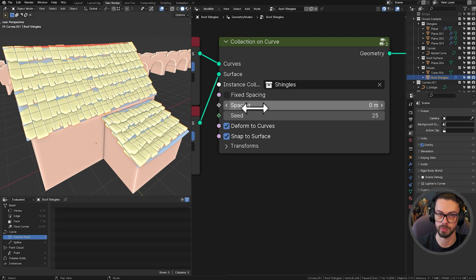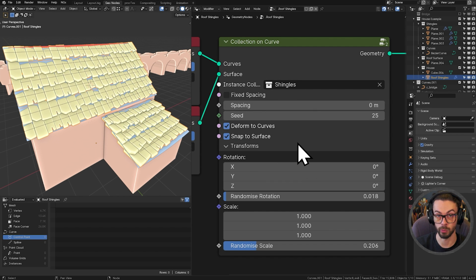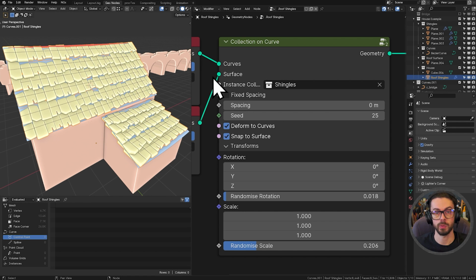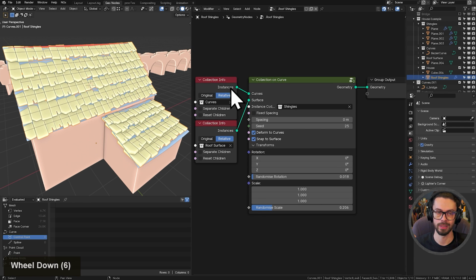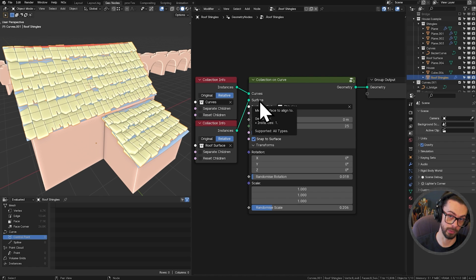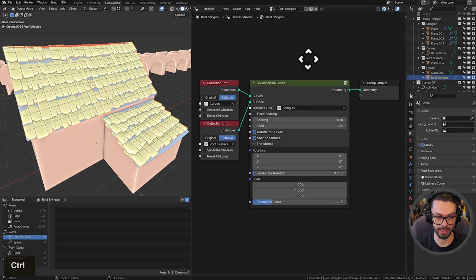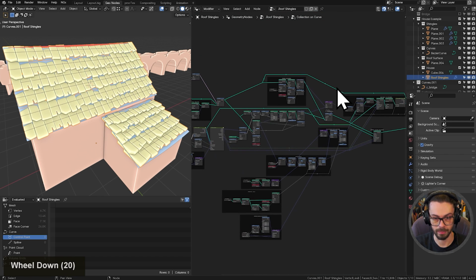For example, if I was to just make a shingle generator, I might not need all of these things because I might want some of them turned on all the time, or I might have a very prescriptive workflow. But when we're working professionally, especially if we're building tools for other artists, it's important to think about the way that you build tools from a little bit of an abstracted space where you can think down about the workflow rather than the specific use case. That all sounds pretty abstract, but essentially what we have here is a node group which contains obviously some nodes,